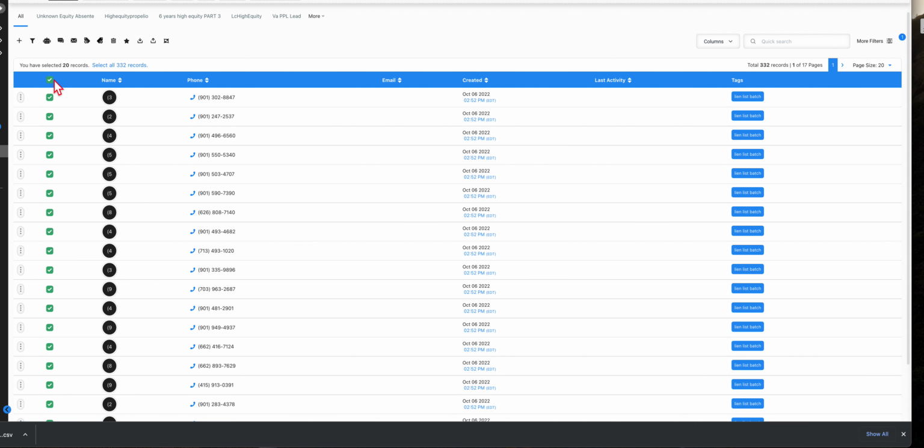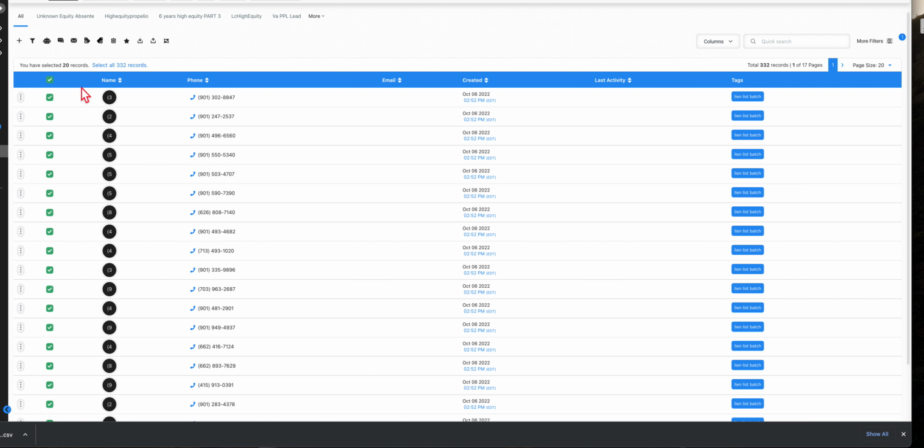So we'll click select, and now we can select all records, which we never want to select all records. We only want to select 180 records, because only 180 records can be put into each campaign, because each campaign can only be assigned one number. Okay? So if you want to send 400 messages, you're going to need about 2 campaigns. Each campaign can only send 180, and you're going to need 2 numbers. So you'll select it,